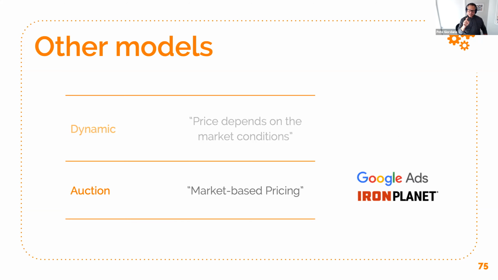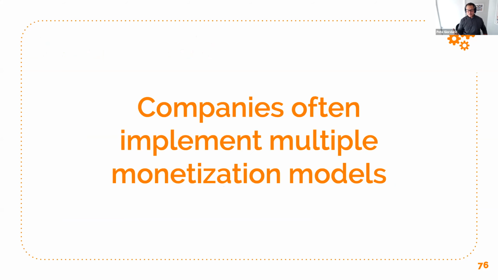Auction is different. This is when the seller owns the supply, but the market takes care of pricing. The market condition in dynamic chooses the price. The market itself, the arbitrage between buyer and seller, chooses the price in the auction model. So getting familiar with these, becoming a student of these, is super important because you've got to figure out